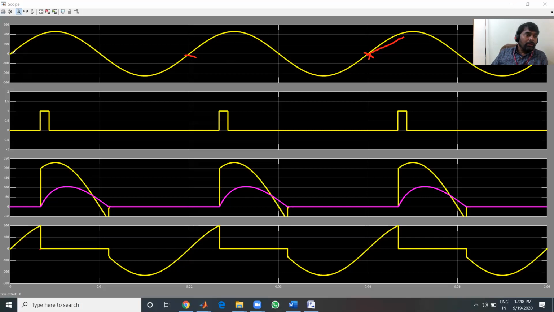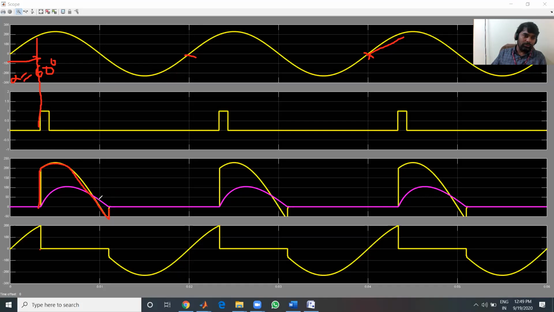Okay, now this is the input voltage, and this is the firing pulse given to thyristor T. If you project on the input side, it will lie at omega t equals 60 degrees, which is alpha. And the output voltage follows the input voltage; it will suddenly go to the maximum value. Thereafter, it is following the input voltage. And we don't know up to what extent it will follow the input voltage. That depends upon the load current which is flowing to the load, and this load current depends upon the load parameters like resistance and inductance.